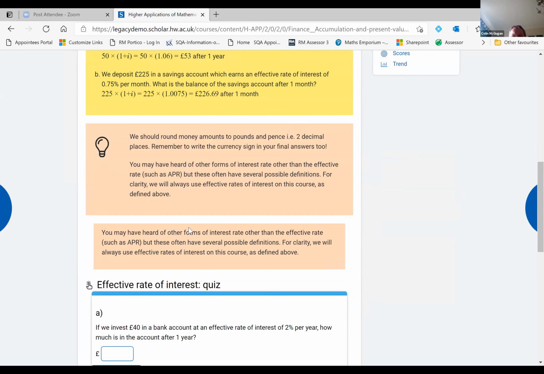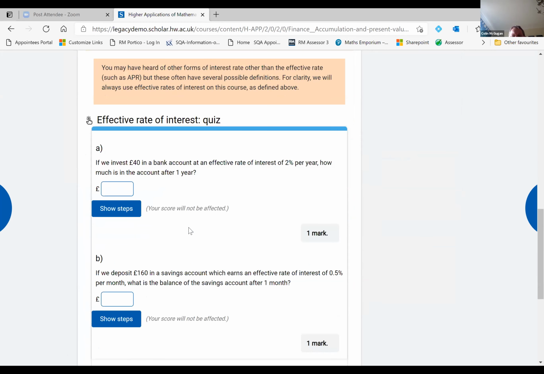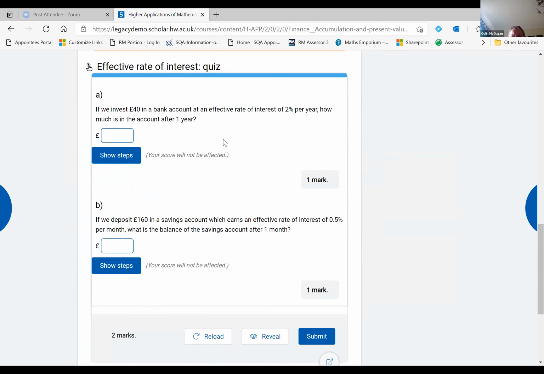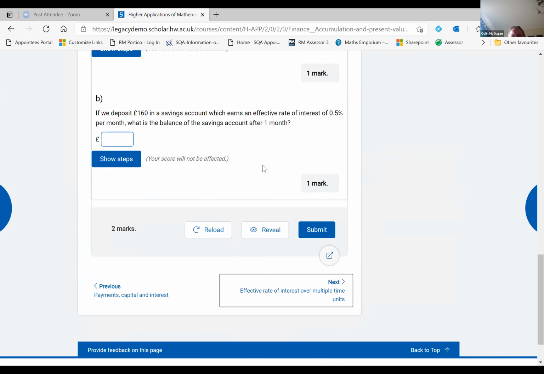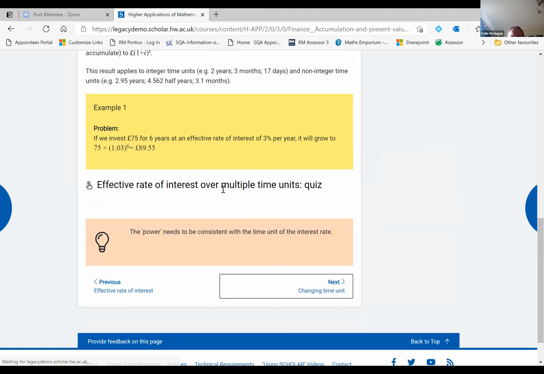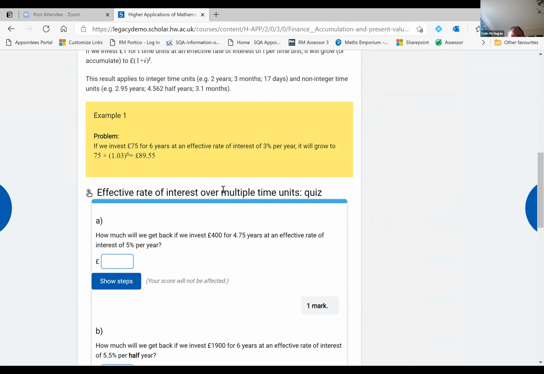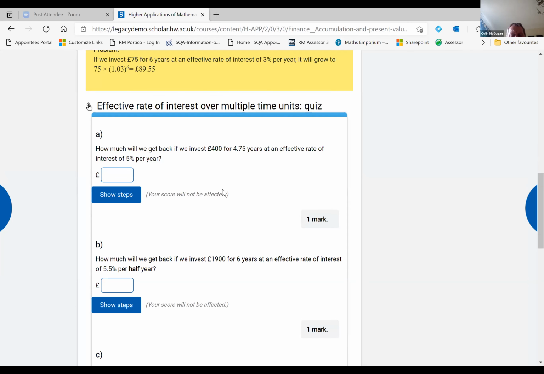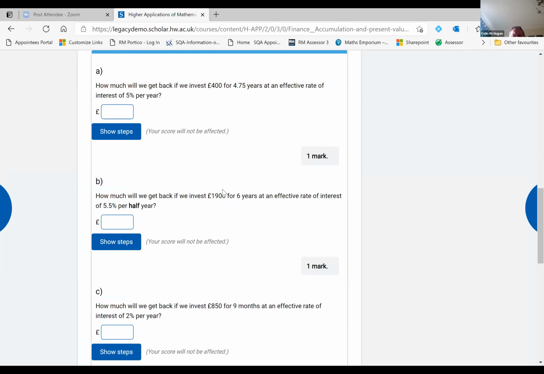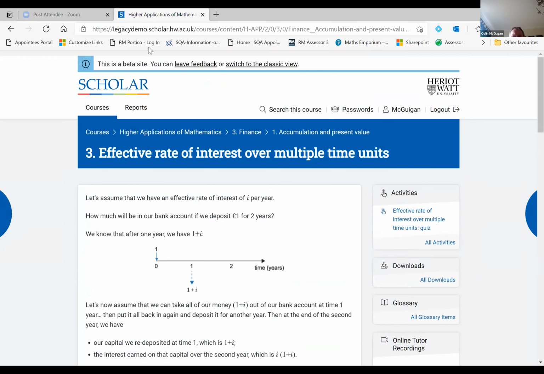Then we've got the wee quiz. It's as interactive as we can possibly make it, allowing the pupils that wee bit of freedom to do it at home, but also allowing the teachers that professional development to look at this kind of thing. So if I come out of that one